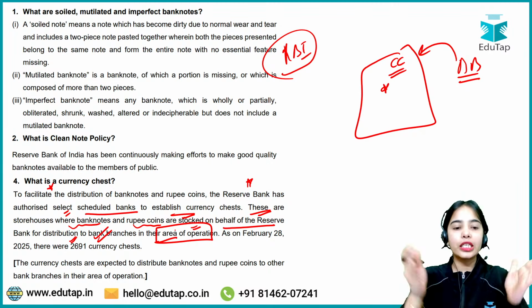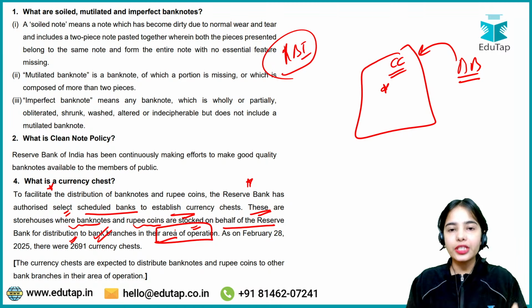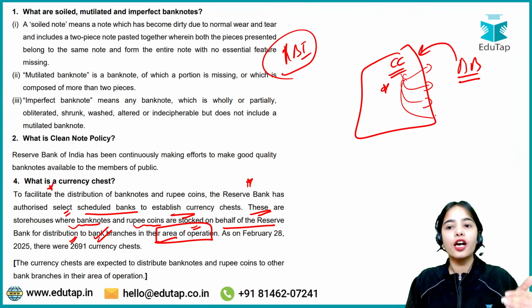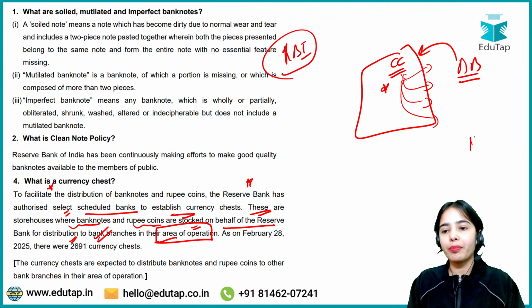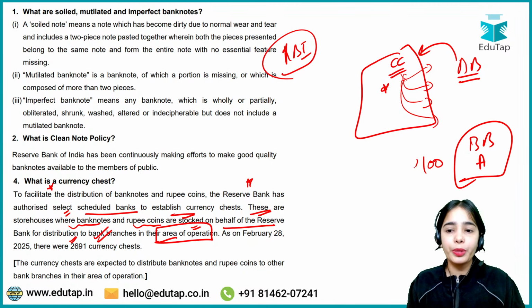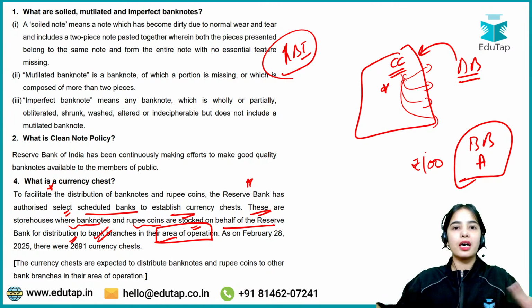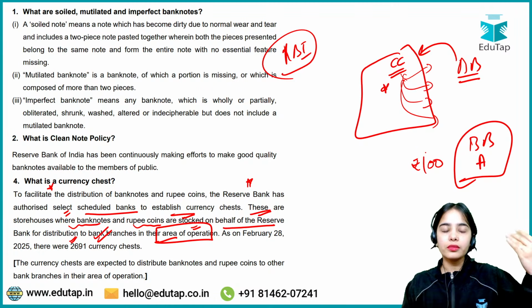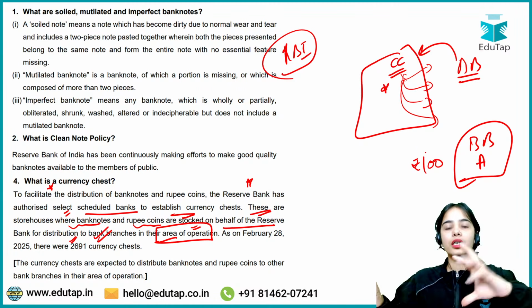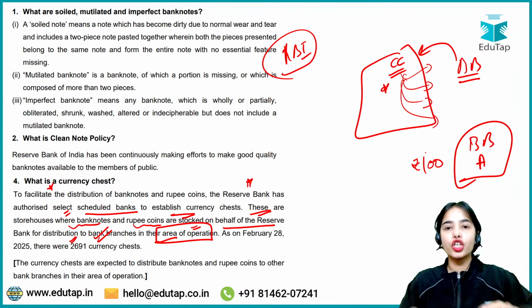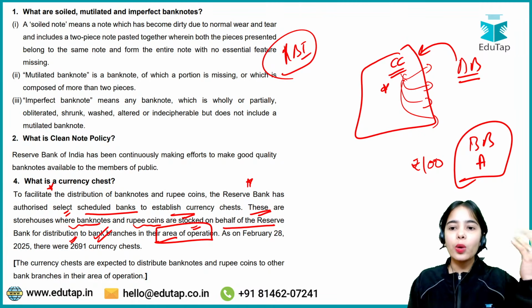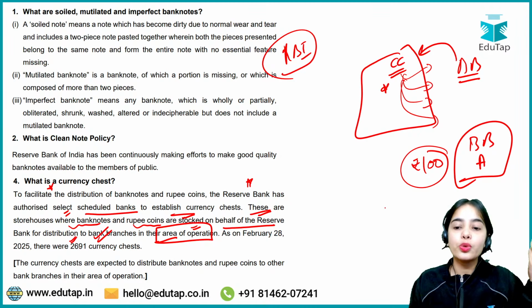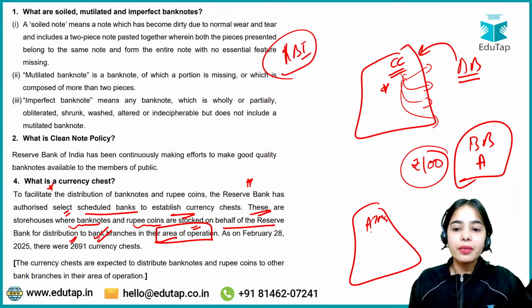They are the scheduled banks that are authorized to work as currency chests and to provide the different bank branches in their area with banknotes. Let's say that my bank branch is A. I have multiple 100 rupee notes because the farmers or laborers are the depositors in my bank branch, so they are depositing 100 rupee notes. Now I do not need so many 100 rupee notes, because for the ATMs I need a mix of 500 rupee notes also, but this is not available with me.